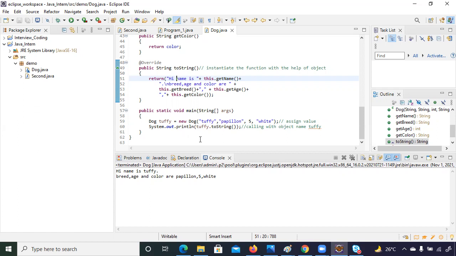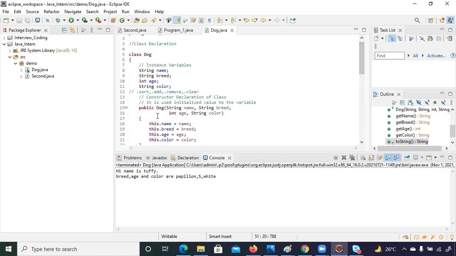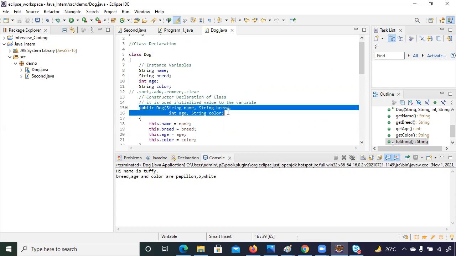Similarly, Dog is a class. This is the attribute that you are passing on this object, and this is going to be assigned to this constructor. Constructor is a method, you can say, whose work is to initialize a value to the variable.